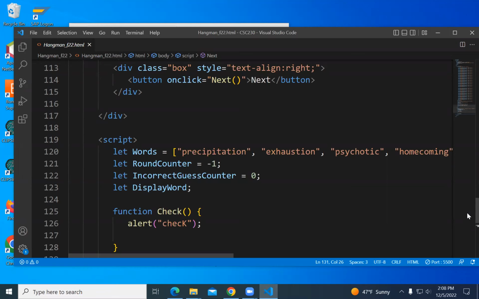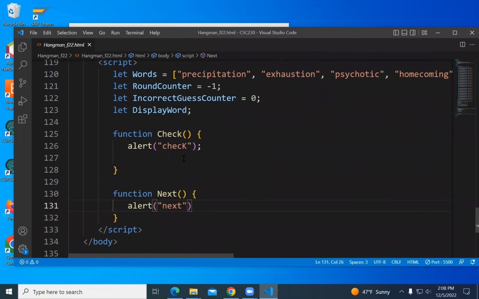And then I want to create what I call a display word. And that will just be some symbol, maybe asterisks, maybe underscores or dashes or something like that. That will be as many letters as the word. Okay. So that was on next. Okay. So let me comment out the alert. I want to increment round counter.